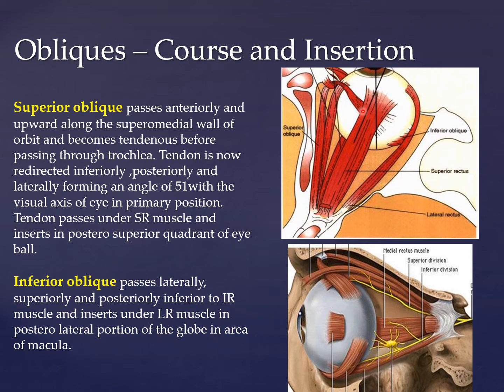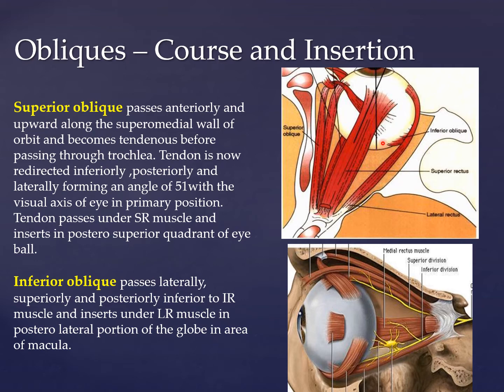So after passing from trochlea, the redirected tendon courses inferiorly, posteriorly and laterally, forming an angle of 51 degrees with the visual axis. This is visual axis and this is the axis of the muscle. So it forms an angle of 51 degrees when the eye is in primary position. The tendon passes under the superior rectus muscle and inserts into the posterior superior quadrant of the eyeball behind the